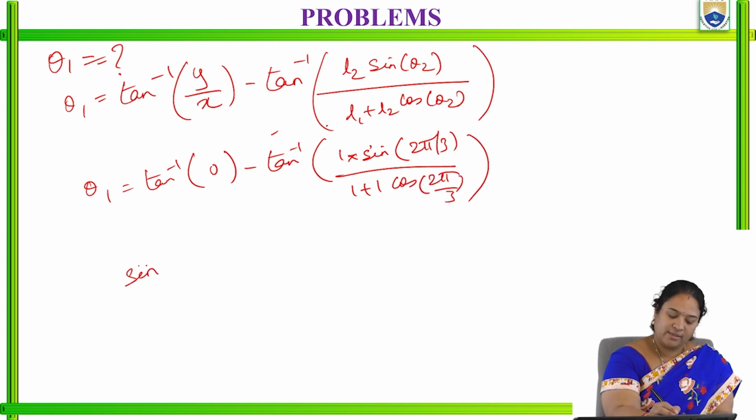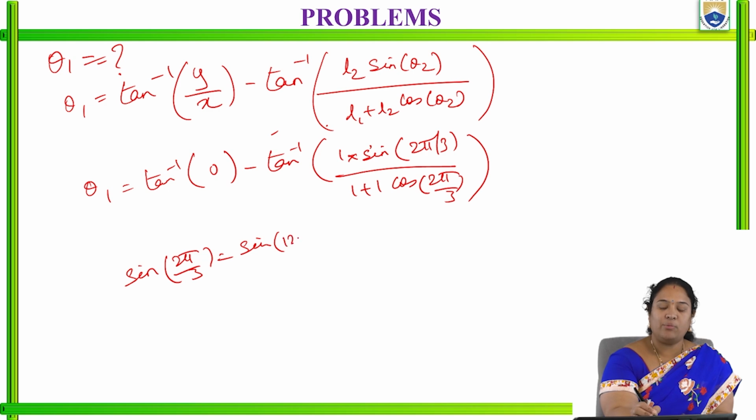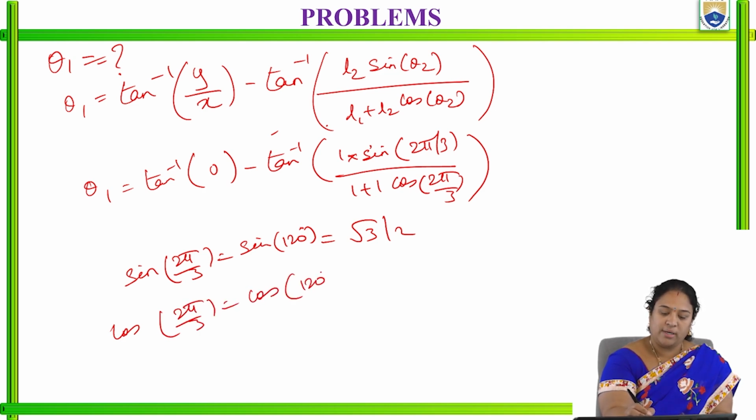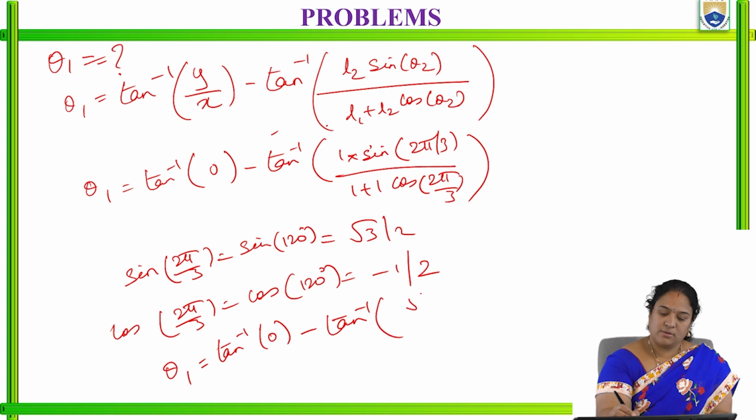What will we get? Sin 2 pi by 3 is nothing but sin 120 degrees. So that is root 3 by 2. In the same way, cos 2 pi by 3 is nothing but cos of 120 degrees, which is nothing but minus 1 by 2. So here theta 1 will be equal to tan inverse of 0 minus tan inverse of root 3 by 2 by 1 minus 1 by 2,